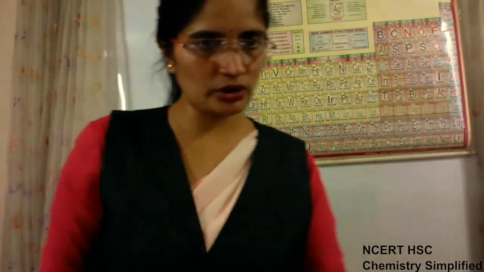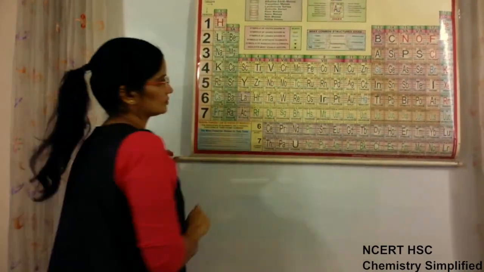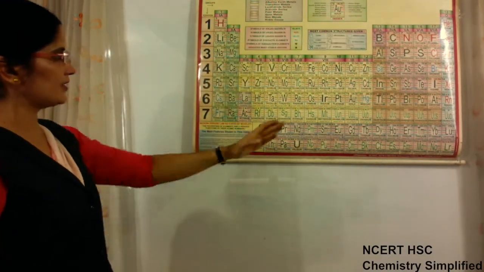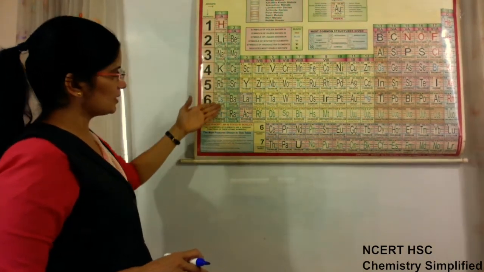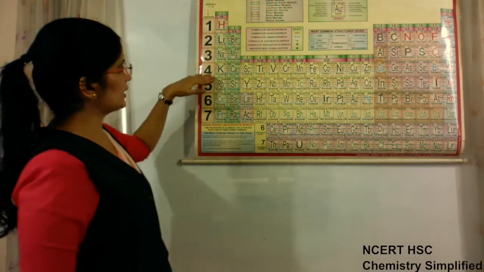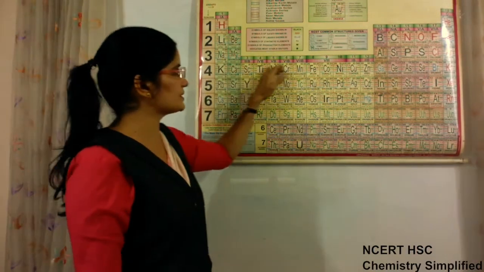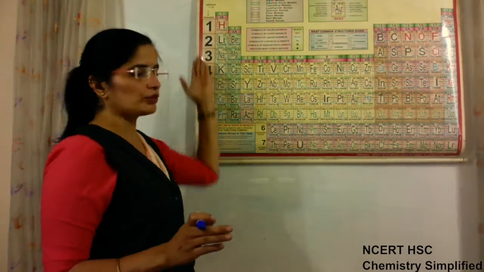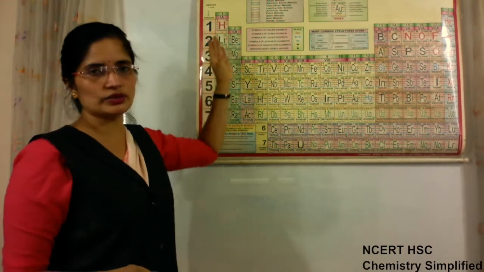Now again back to the periodic table. I just told you that we have 18 groups and 7 horizontal periods in the periodic table. The elements present in a group from top to bottom are similar in their properties. But the elements in a period are different from them. Those present in one period from left to right don't have similarity in any of their properties. Top to bottom, they have many similar properties, but some properties are always different because each one is individually different.